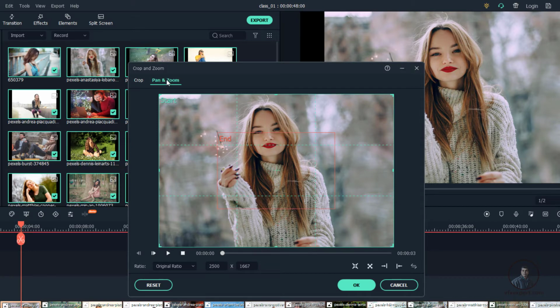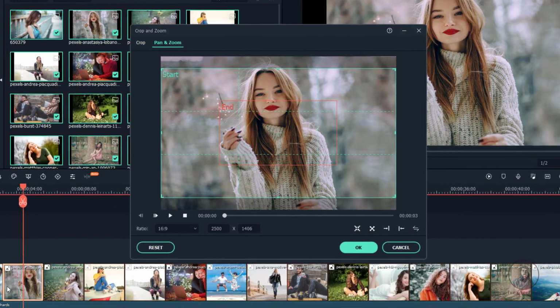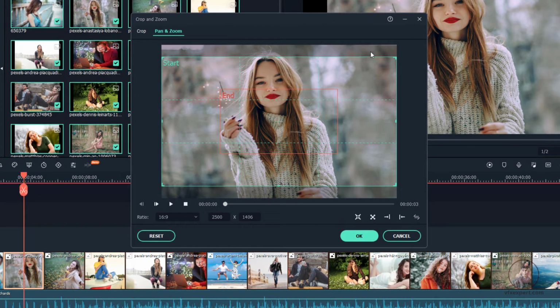Then simply click here, and remember this one. First we have to define our aspect ratio. This is the most important thing. Then we have to adjust all these values or settings. Define 16:9. Start and end means it will start from here and go till here. At the start of this media, it will show this frame. After this, at the end of your media, it will show this frame.